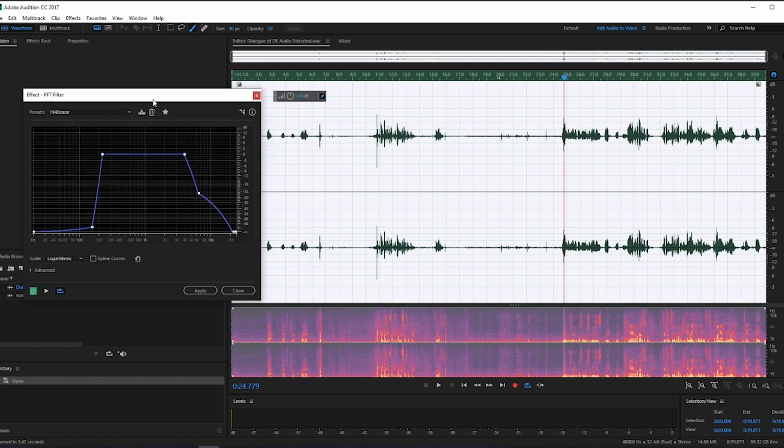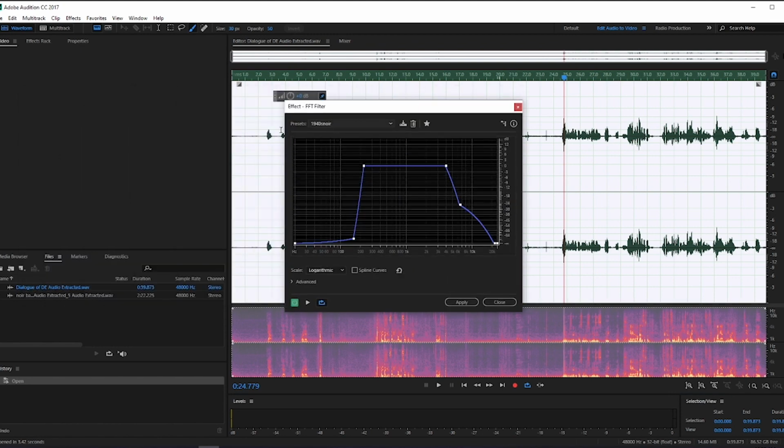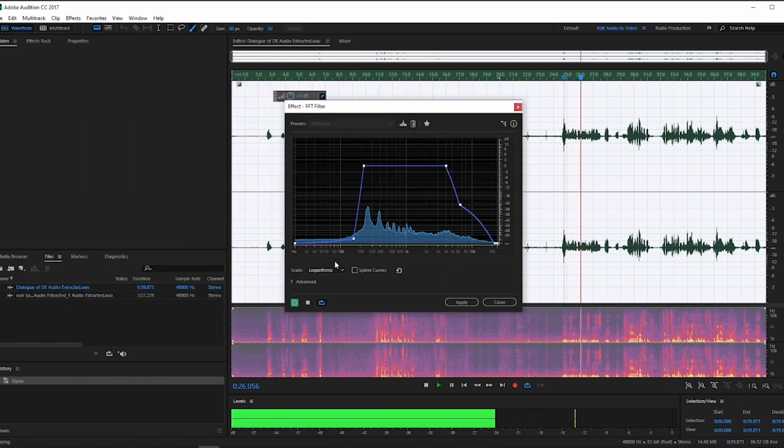With the FFT filter, I made a template, and when applied, this is what things sound like, and you can